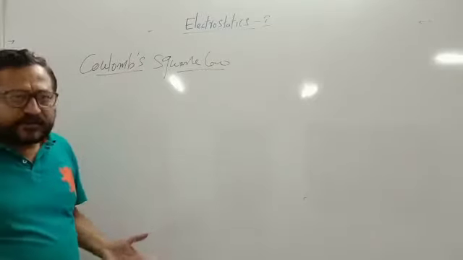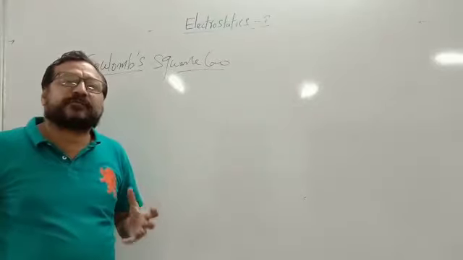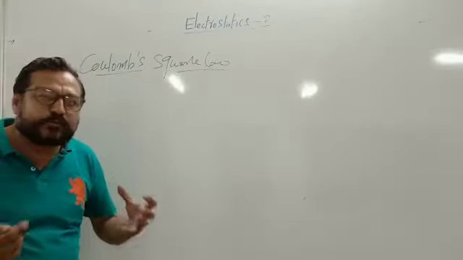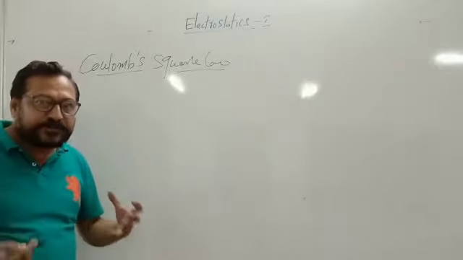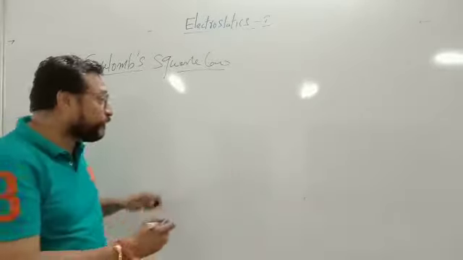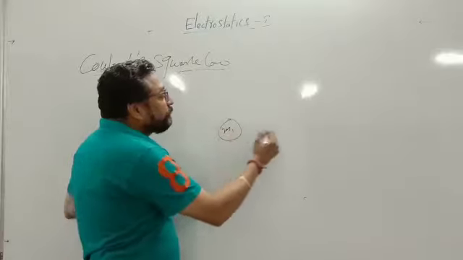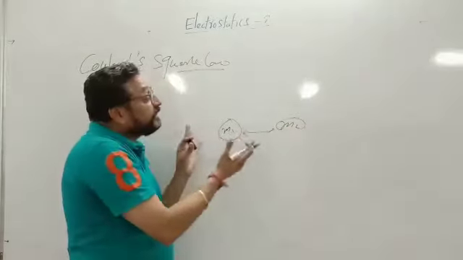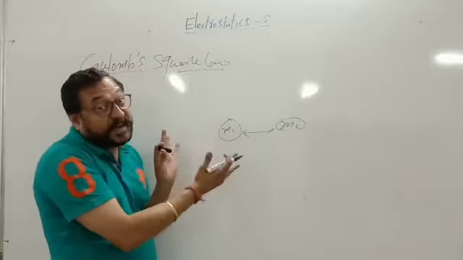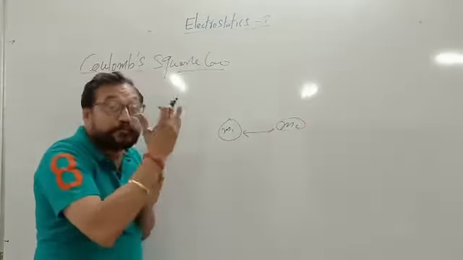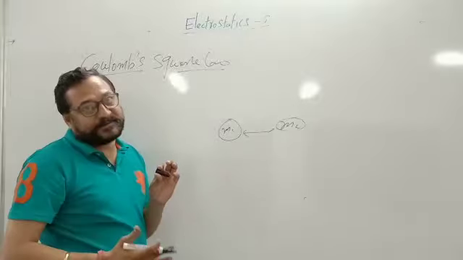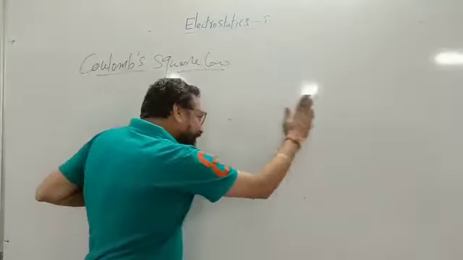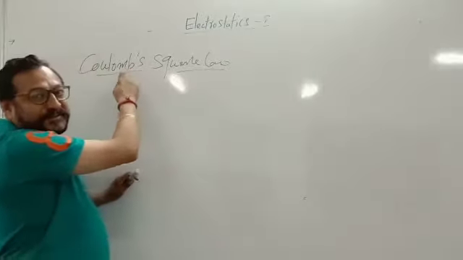In gravitation, we know the universal law of gravitation. The universal law of gravitation acts between two different masses, m1 and m2, separated by a certain distance. Then a force of attraction acts between these two masses, but there is no nature of charge involved. Now, in relation to electrostatics,